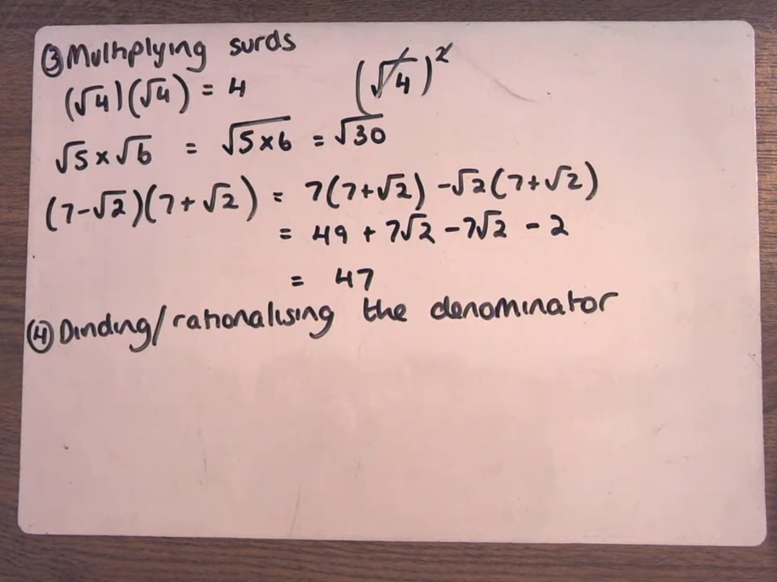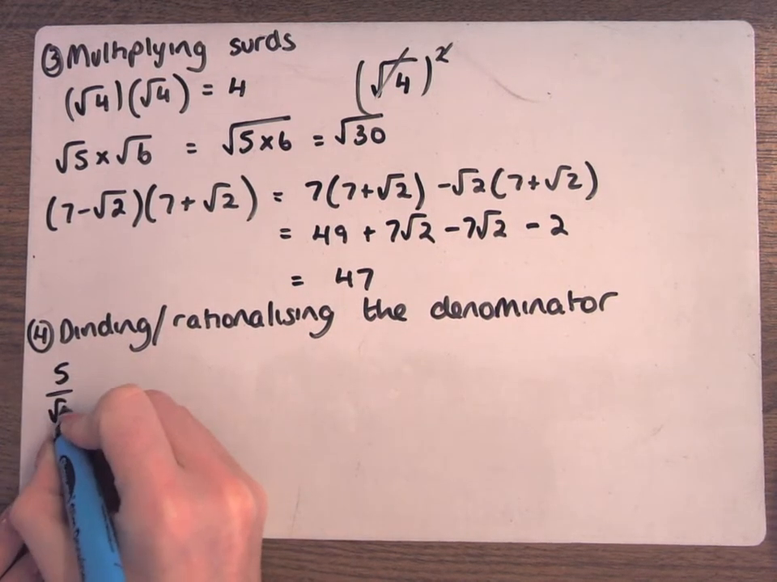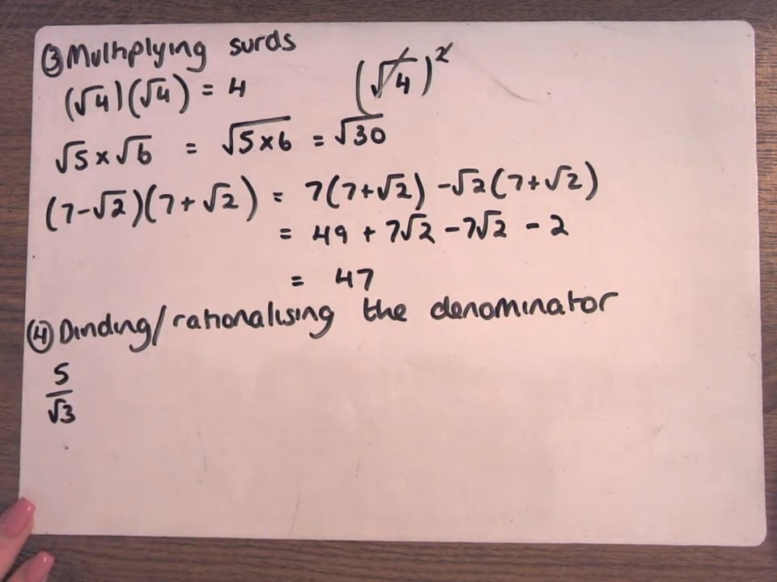Again, your calculator will do it for you. So if this is in a question, you can absolutely just throw it into the calculator and check. But we'll just go through how to do it, okay? So if I have 5 over root 3, if I want to rationalize the denominator,